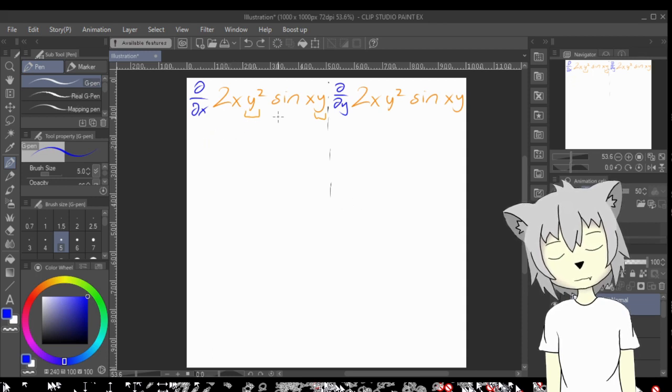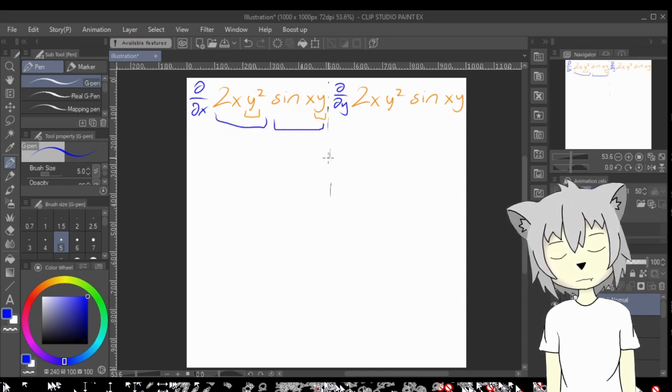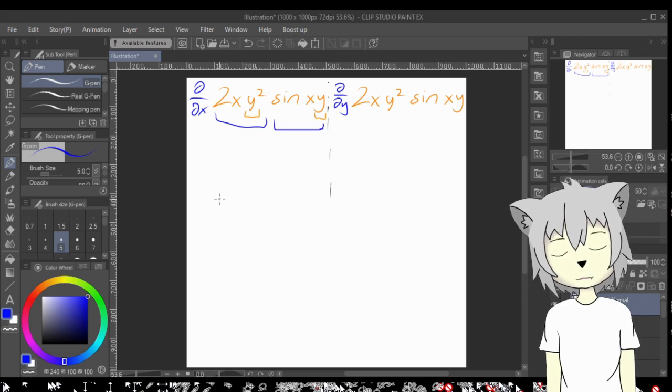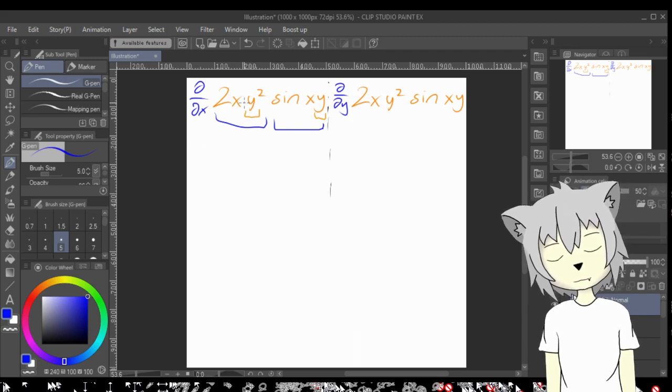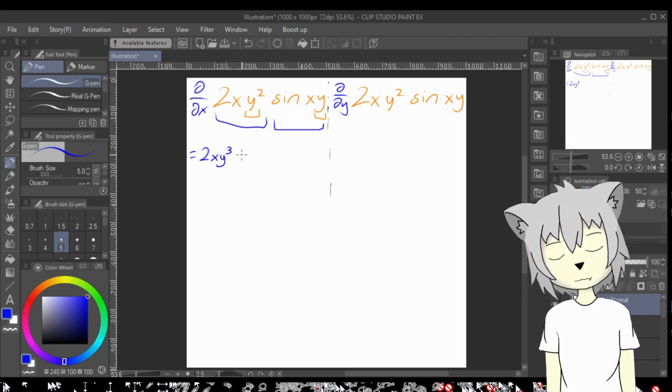Or I guess, since we're going to treat both of these as functions, it doesn't matter which one's f of x or f of y, or g of x, or g of y, whatever, but basically it's equal to 2xy squared. The derivative of this is basically y sine of x, so this can just be a cube. We can simplify that,